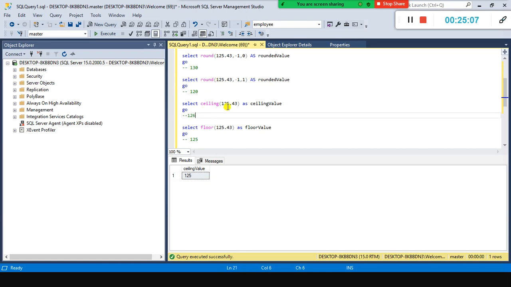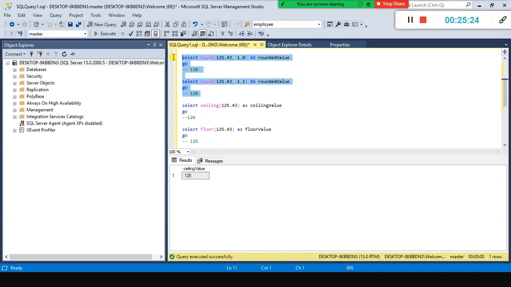But when it comes to this one, 125.43, the ceiling value, the upper value, the highest integer value is 126 here. The lowest integer value is 125, the floor. That is the difference between these two.